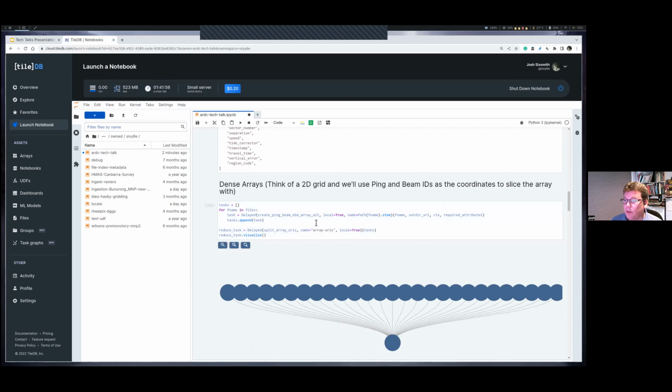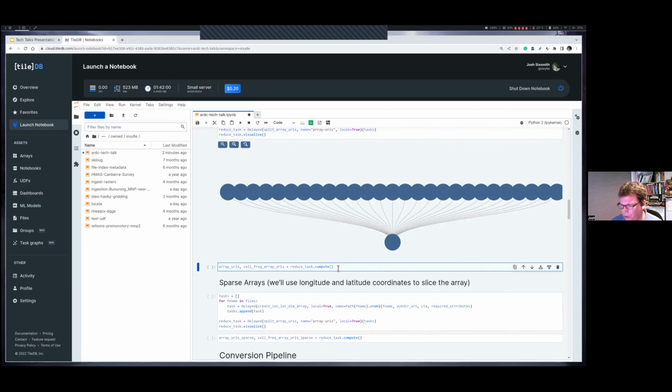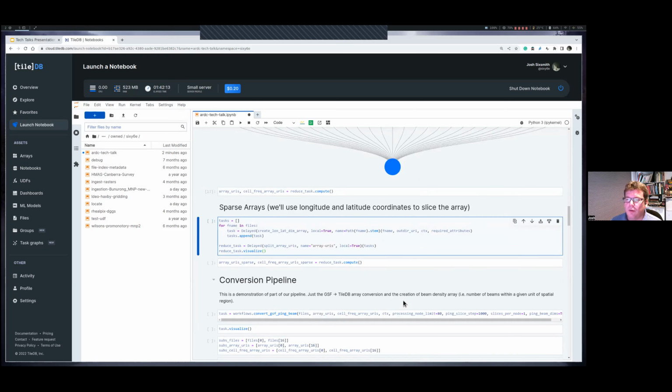Again, this one's going to be done locally. It's pretty quick. There's not going to be much effort to do. So this will execute on the client here itself. And there we go, it's done. So I don't need to spin up machines for some of these simpler tasks. But we're also going to do the same for sparse arrays. So here,